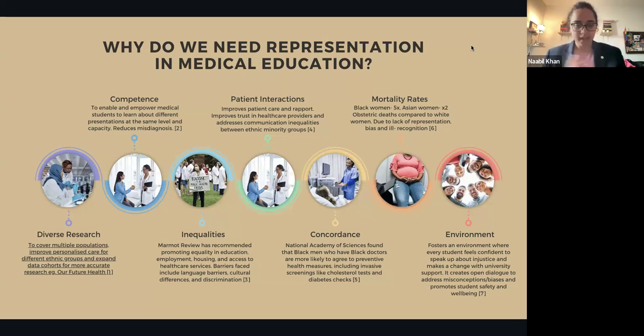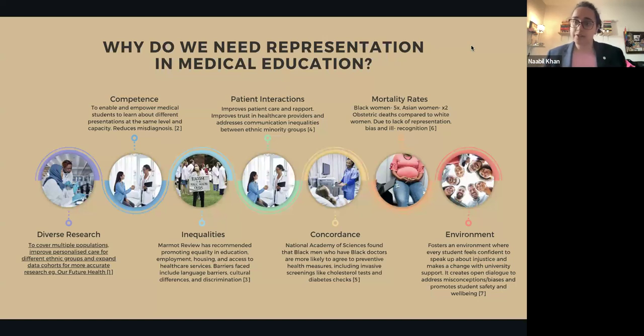There was an incredible article written by Selma Gilman, who focuses on Lyme disease, especially in Black patients, and basically reported how a Black GP had seen a patient who had a darker skin tone and had not recognized that this patient was presenting with Lyme disease. As a result, that patient developed further complications, and unfortunately, they had a poorer prognosis compared to what would have happened if the condition had been recognized earlier. So again, they felt very disillusioned and felt like they couldn't properly treat the populations they were faced with. And I think that is a challenge that a lot of medical students are currently facing now.